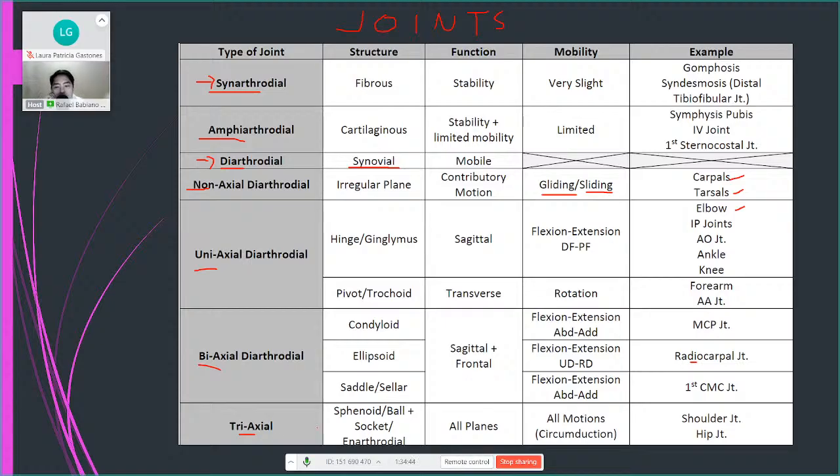Last one, triaxial. Duduhalat triaxial aton body. The shoulder and the hip. Your shoulder can do movements in three axes. Flexion, extension, abduction, adduction, and rotation. This one, nagro-rotate niya. External and internal rotation. Same goes with your hip.